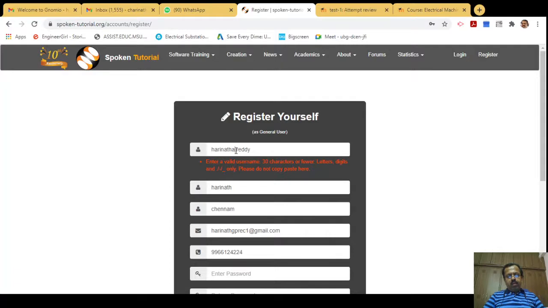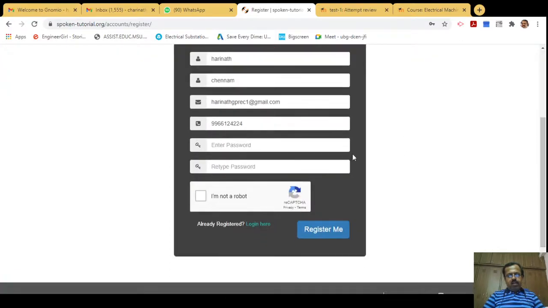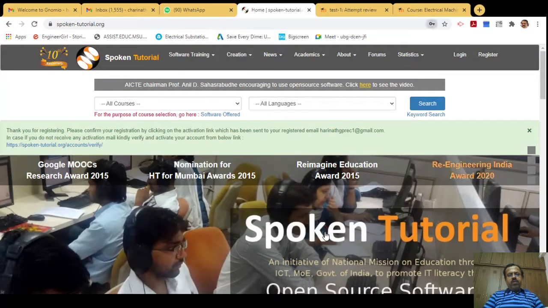It is showing the error again because there should not be any space. Just type it again, click on I'm not a robot, and you'll see registration successful.